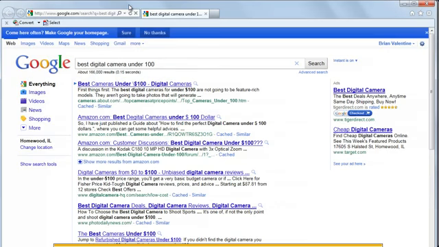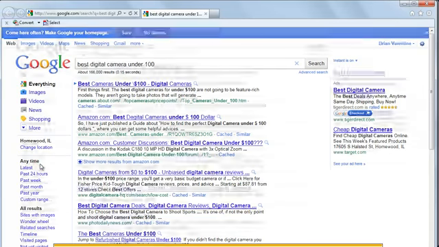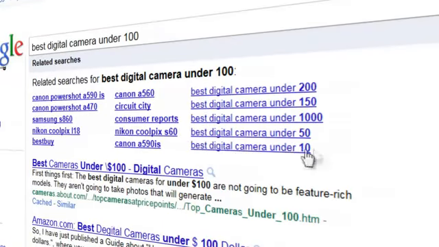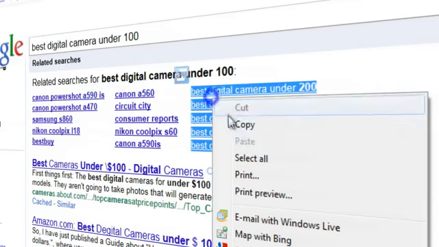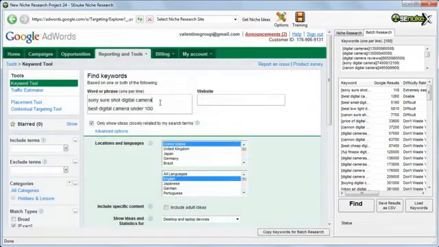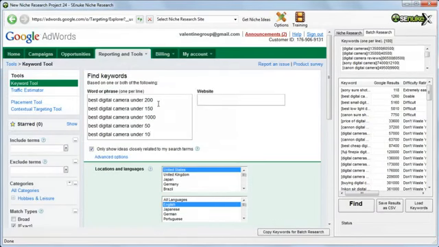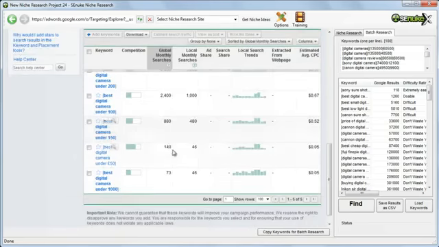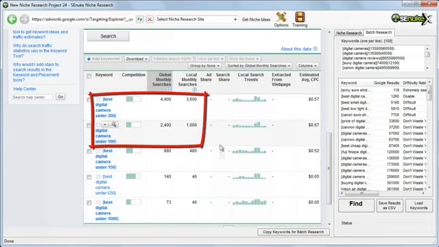And over here on the left, click on more search tools and then click on related searches. And Google will display the top related searches for our keyword. So let's go ahead and copy those keywords and paste them back into the word or phrase box. And click on search. Now, you can see that we've gotten even better results. Now, copy this final winner